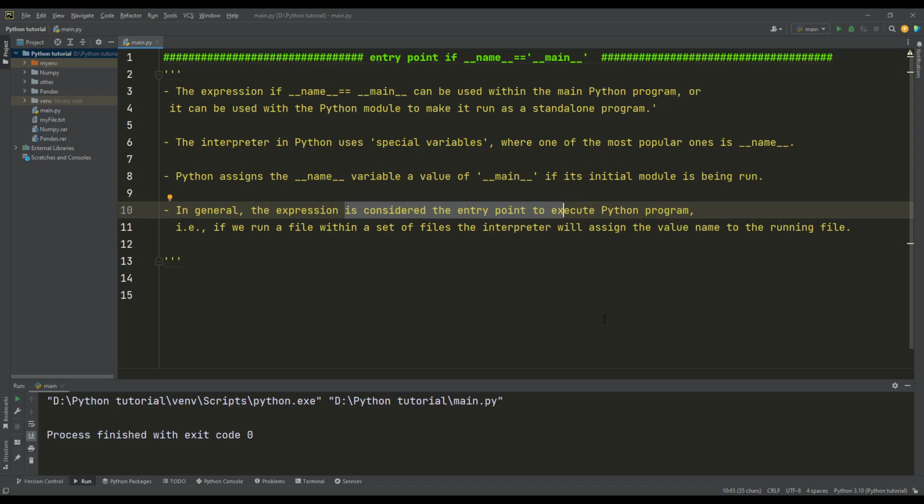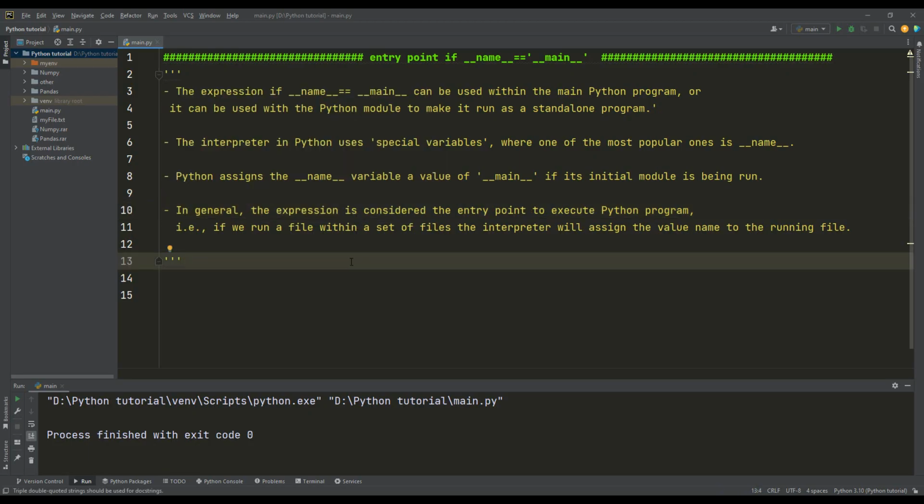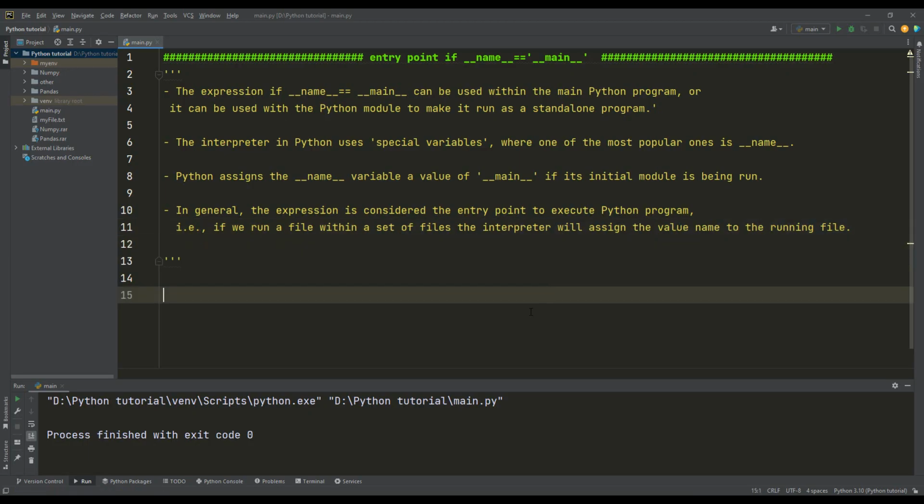It will import the required libraries and functions from other files, and return to you the main result. So if we run this file, or any file that you run, the interpreter assigns main to it. There is a set of files for which the interpreter will assign the value name to the running file.